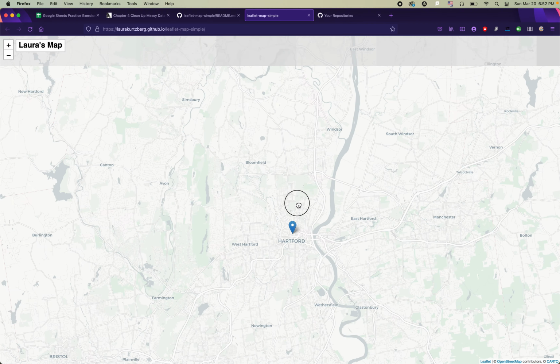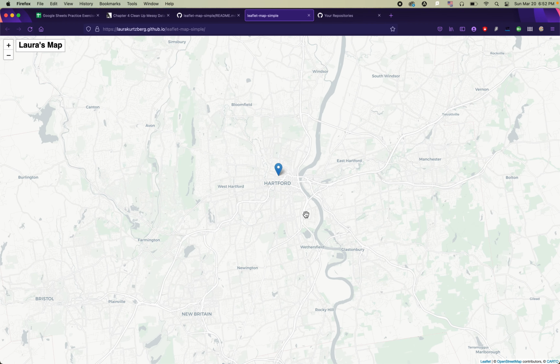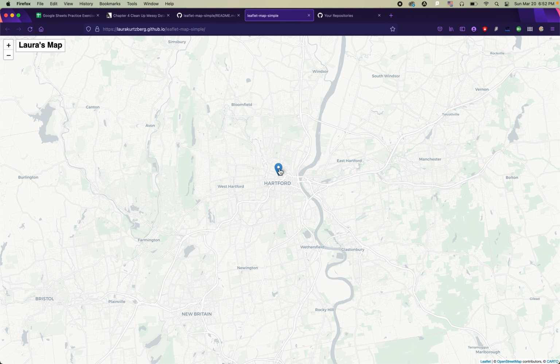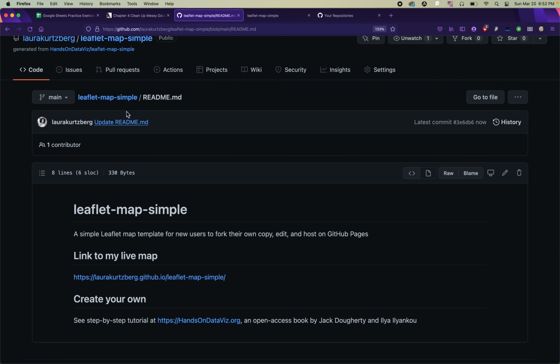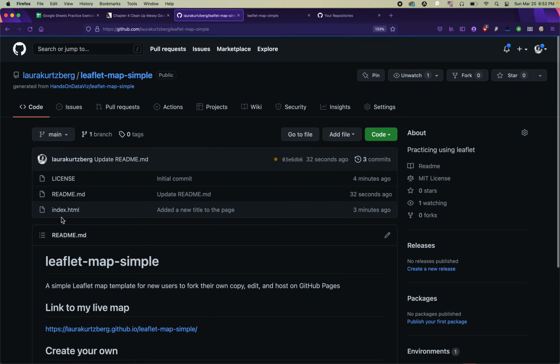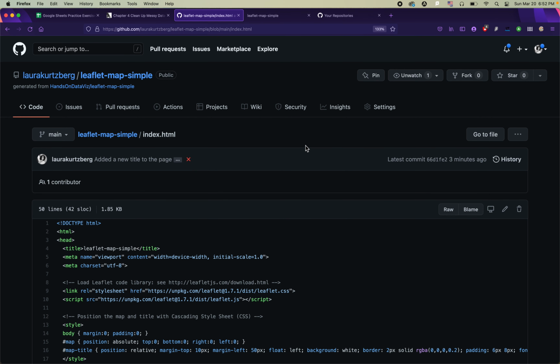Everything else is the same here though, right? Everything else on my interactive map online is unchanged. What if I want to change the way this map looks? What if I want to have a different city in the middle, or I want it to look different? Well, for that, I need to go back to Leaflet Map Simple, the repo, and make more edits to that